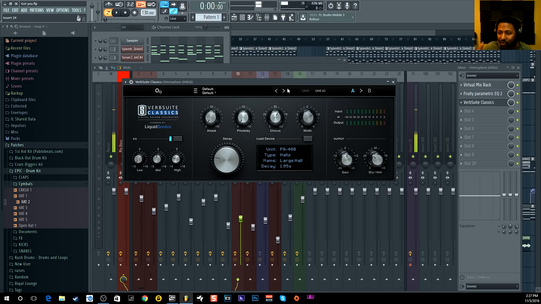I really like this reverb because Valhalla is my old school reverb sound. This is all my modern digital reverb sounds, and the way they modeled the reverbs, they sound amazing. They sound really, really good. This is a great plugin. It just came out like a week ago, and it just sounds,